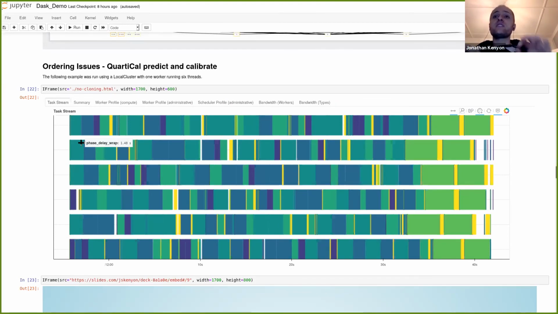Now, on the surface, this looks fine. And it's actually interesting that I noticed this kind of pattern in one of Jan-Willem's slides. But there is actually a problem in this output. If you look, you will see that all of these green blocks are clustered on the right-hand side. The way you can think about this is that if these dark green blocks, which correspond to the predict operation, are a producer, these green colored blocks, which correspond to the solver, are a consumer. So the issue with having all of these solver blocks on the right-hand side is that there's no way prior to those solvers being run to alleviate the memory